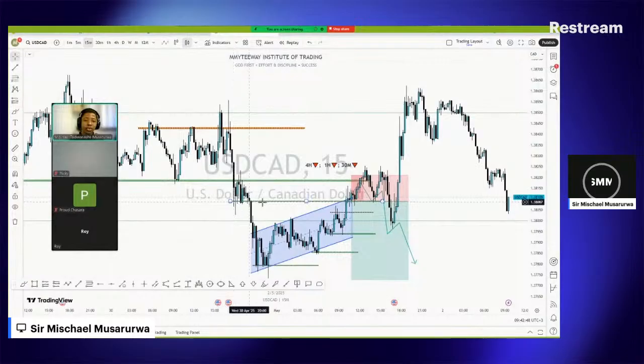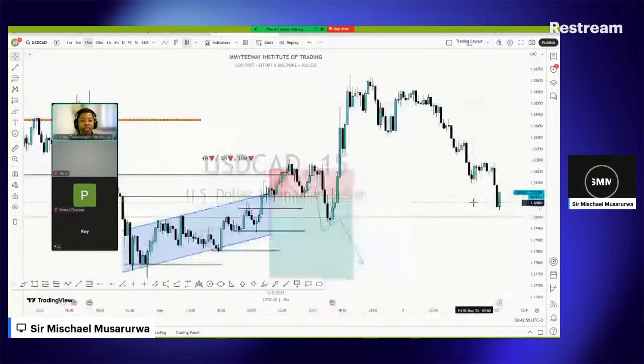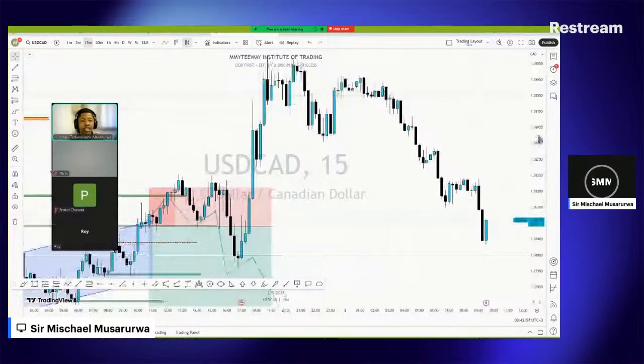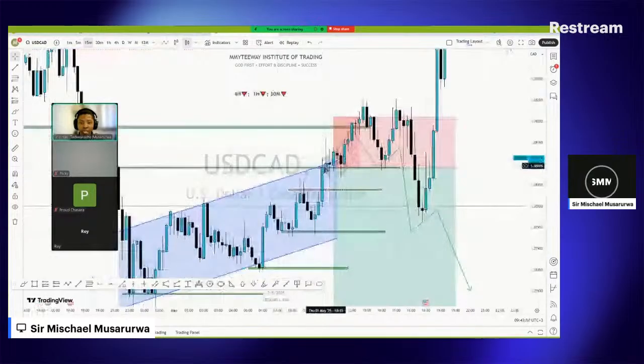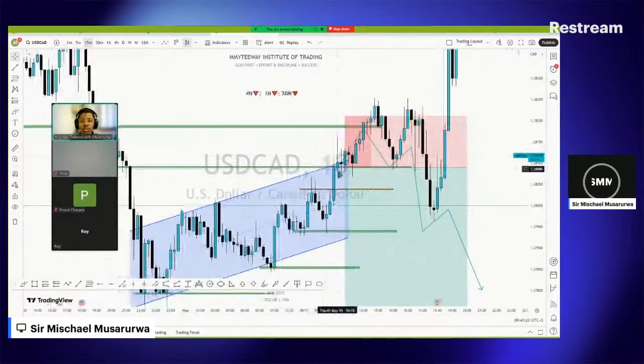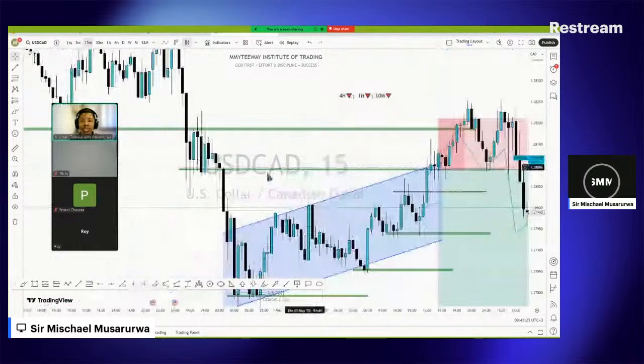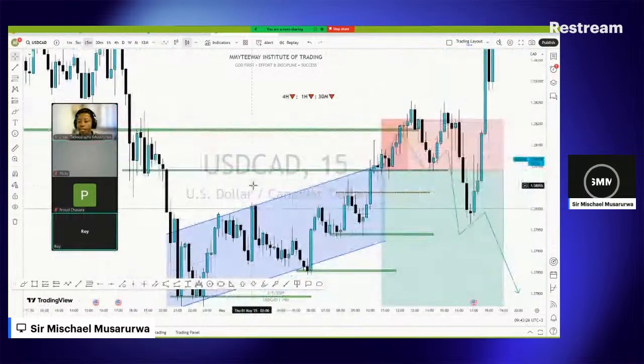As you can see, after this support level, on the 15 minutes, we had a strong move. If I zoom in my chart so that you can see clearly, this is a gravestone doji. You don't even need the measuring tool to see that on this candle the body is 38% or less of the whole candle. The higher percentage is on the wicks of the candle. So having a gravestone doji on this support level,